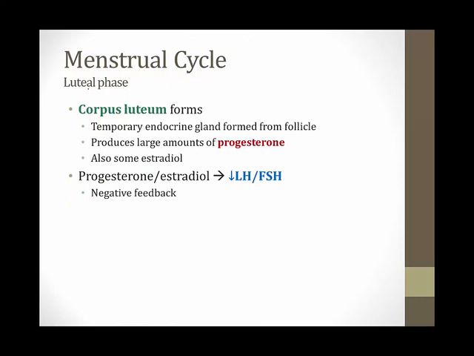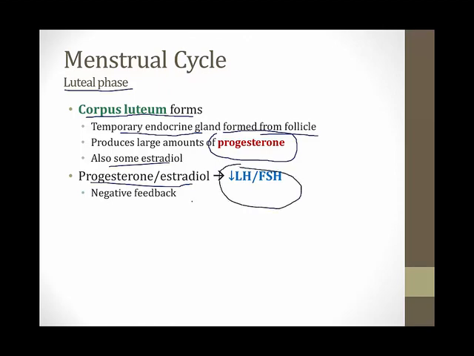After ovulation, the menstrual cycle enters the luteal phase. This phase is driven by a structure in the ovaries called the corpus luteum. The corpus luteum is a temporary endocrine gland that is formed from the follicle that released its egg. The job of the corpus luteum is to produce large amounts of the hormone progesterone, which will prepare the uterus for implantation and pregnancy. There's also some estradiol released by the corpus luteum. The progesterone and estradiol released by the corpus luteum feed back on the pituitary negatively so that the levels of